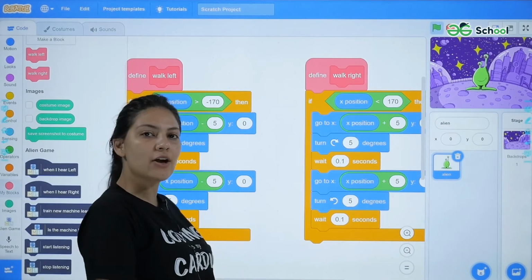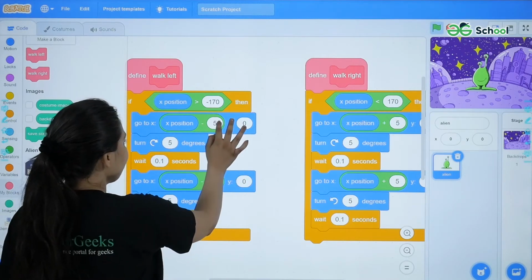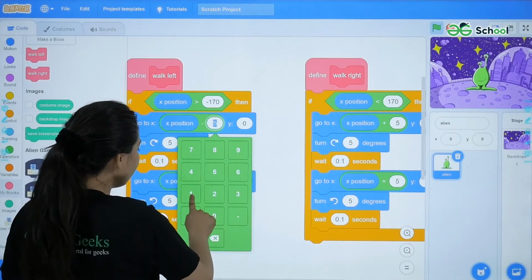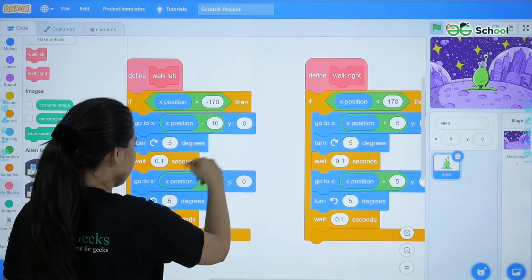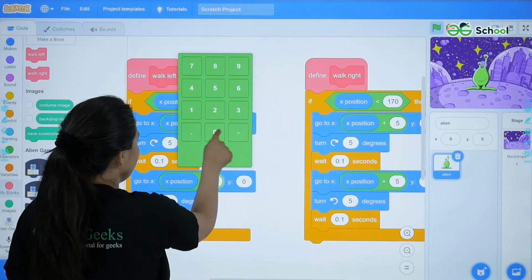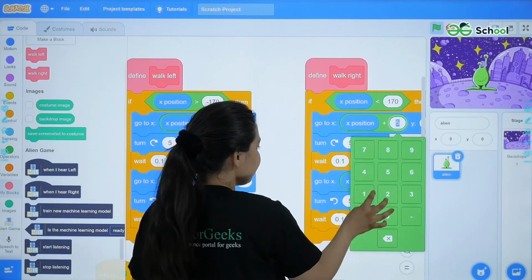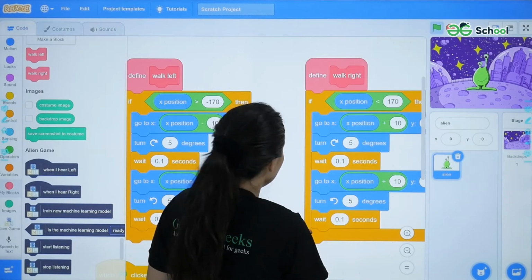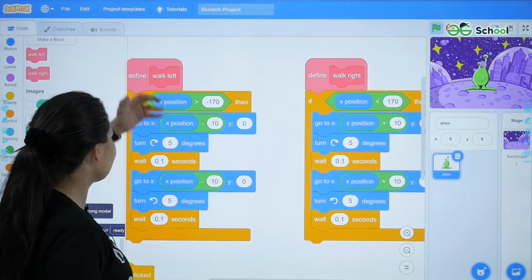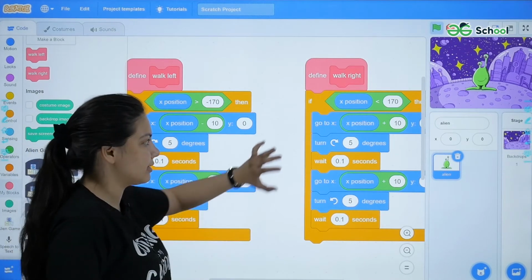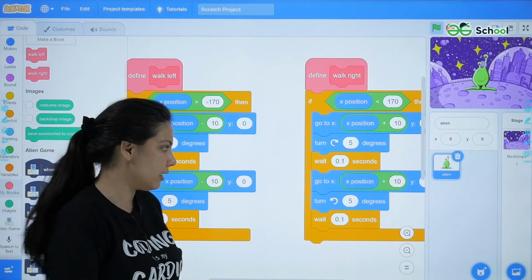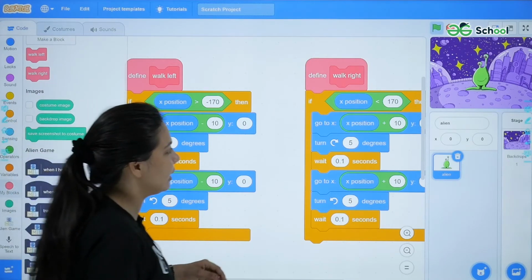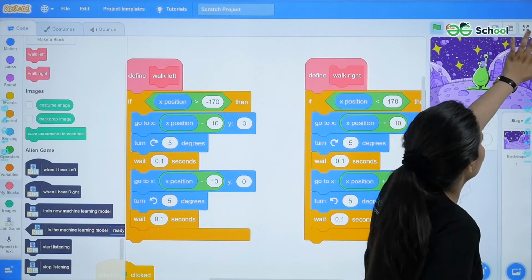You can modify them according to you, like if I want my alien to move 10 steps to the left side and 10 steps to the right side when it is recognized. And you can change the degree, the wait time and so on according to yourself. Now let us check if my alien is recognizing it well or not.